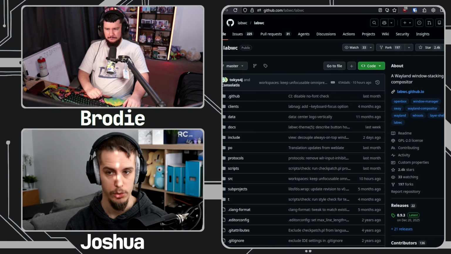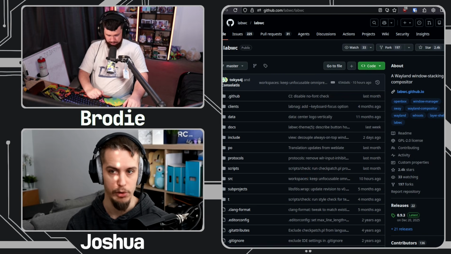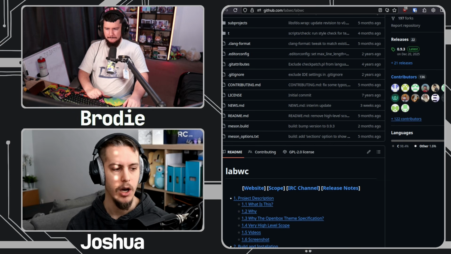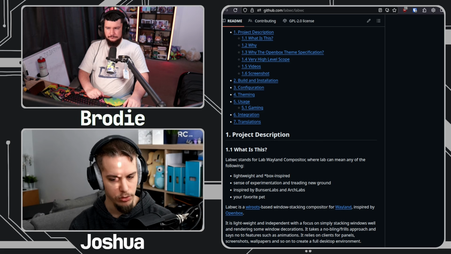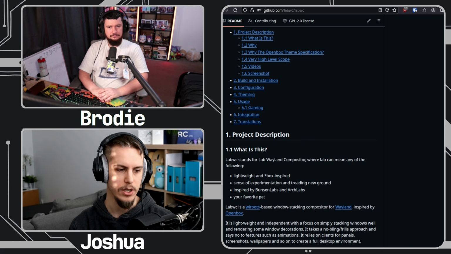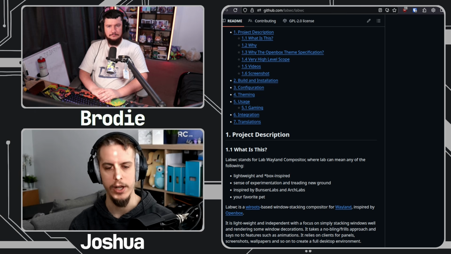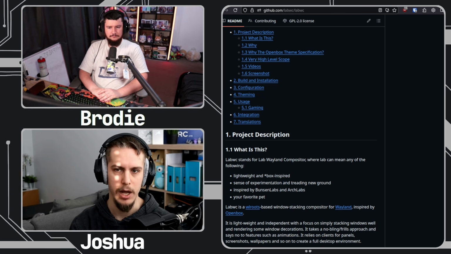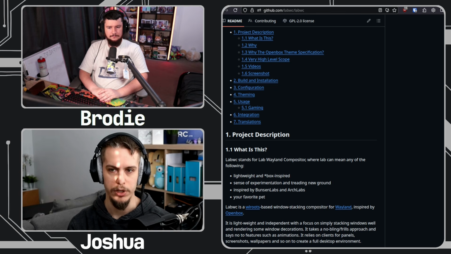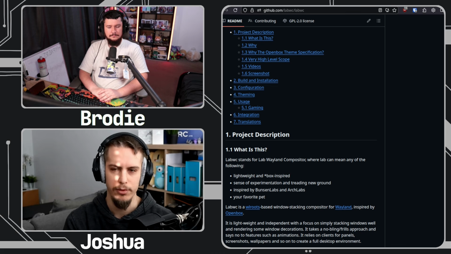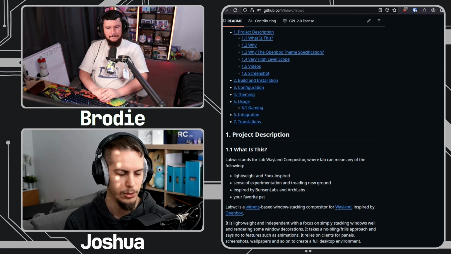X11 only to Wayland only. So we don't support both. And at least in terms of the user story for Budgie 11, well, I'm not locking anybody down to using Magpie. They could, so long as their compositor supports the protocols we use, I don't care what they use. It's their freaking system. If they want to throw Niri at it and it breaks, yeah, fix it, whatever. Like, we'll do it live.